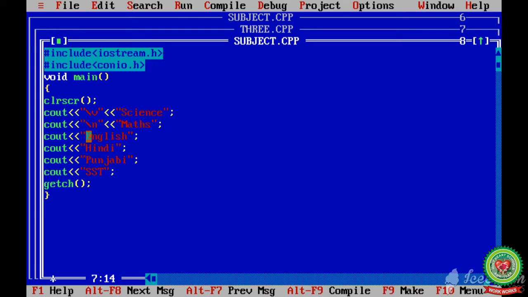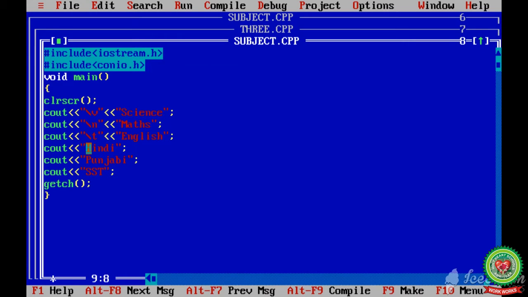Next with the English I will use \t. \t is used for the horizontal tab. I will write \t in double quotes, put the output operator and double quotes with the message. And next I am going to use the next escape sequence, that is \ and double quotes.